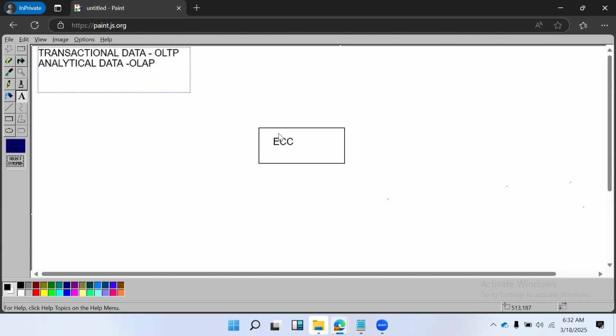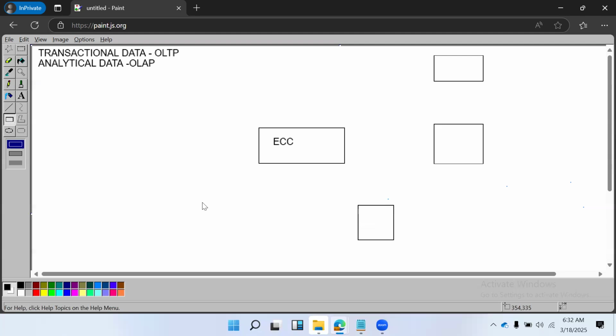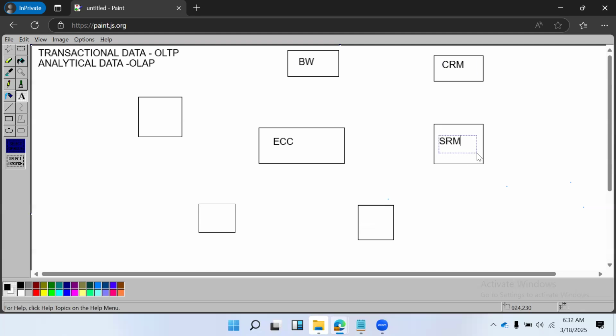So if we want to do live transactions, all the other systems, suppose you have the BW system, the CRM system, the SRM system, the portal systems, maybe Fiori. Let's also take the PS project systems, some other module systems, some other additional SAP systems here. So all these systems